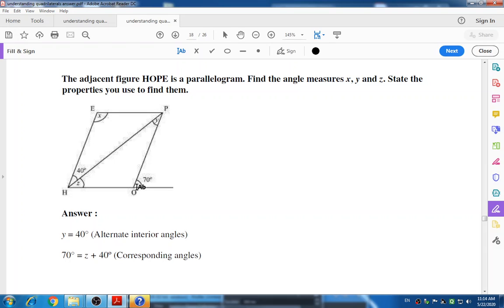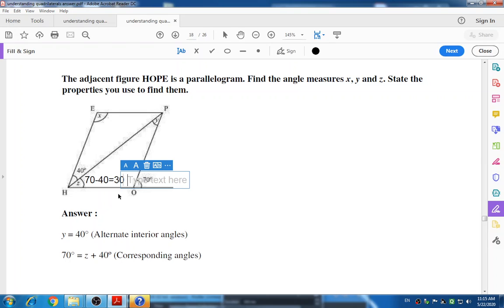Okay, now this Z, O, this exterior angle and this one angle is a linear pair. So to find out the measure of that angle, we have to subtract this 70 from 180, where we get here 110.